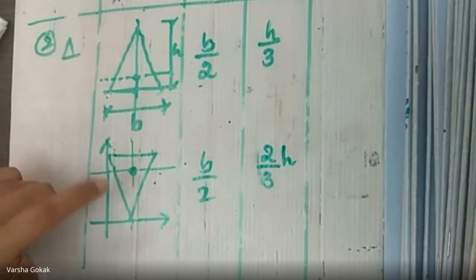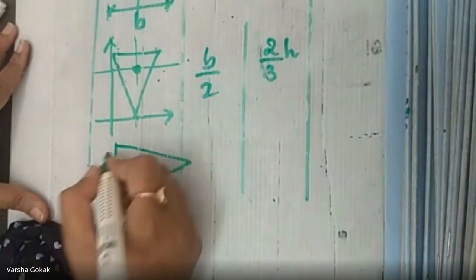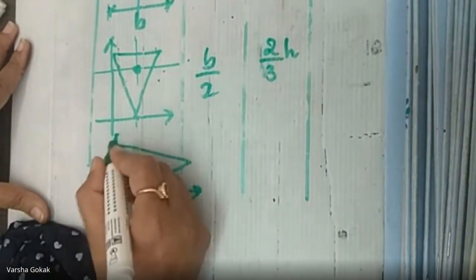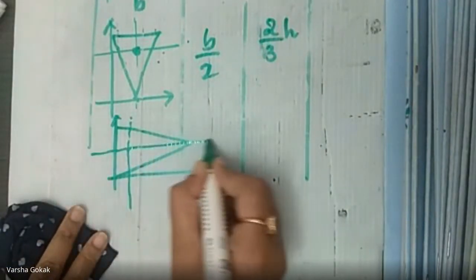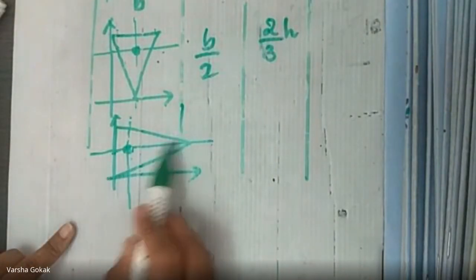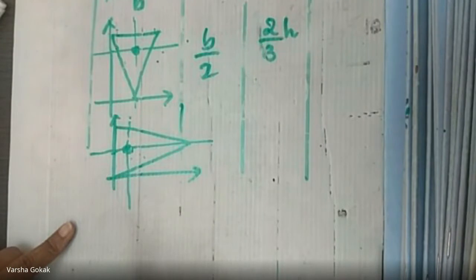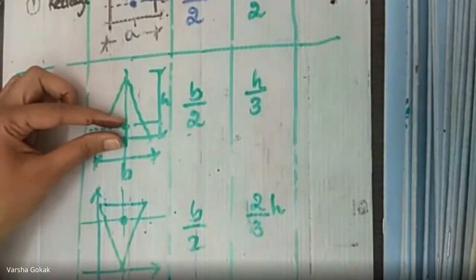So how they place the geometric figure is also very important. You can have a numerical where the triangle is given like this now. So tell me, here is your CG. So always first put a dot at least at your CG, wherever the CG is, then you can easily find out. Now tell me what is x bar in this figure. What is x bar in this figure? What is this distance?